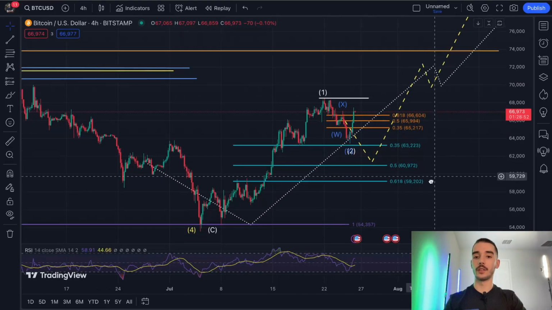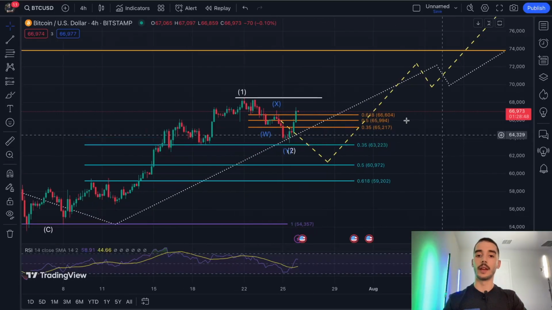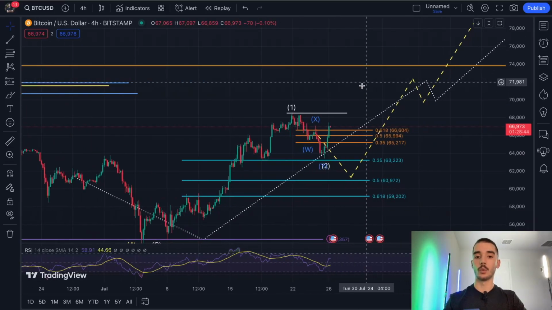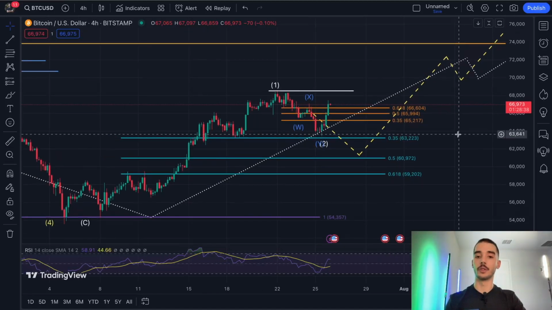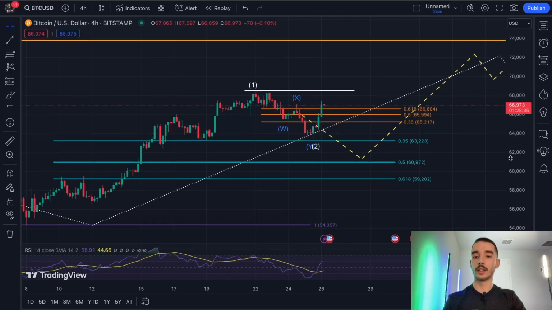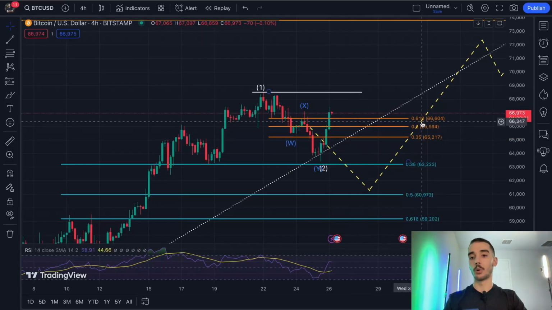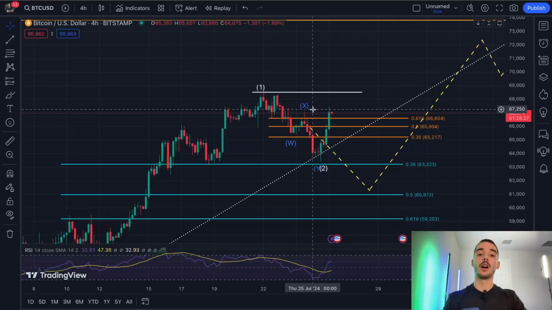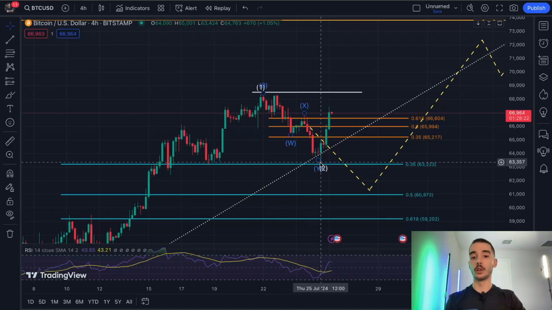So now that we have that in there, once you have confirmation that the second wave is in, that's when I'll give you guys a fresh third wave top estimate, which should be no less than $80,000 conservatively. What that looks like on the daily candles, if you take the 0.618, 0.5, and 0.35 retracements and stretch them from the end of the first wave to this swing low right here,